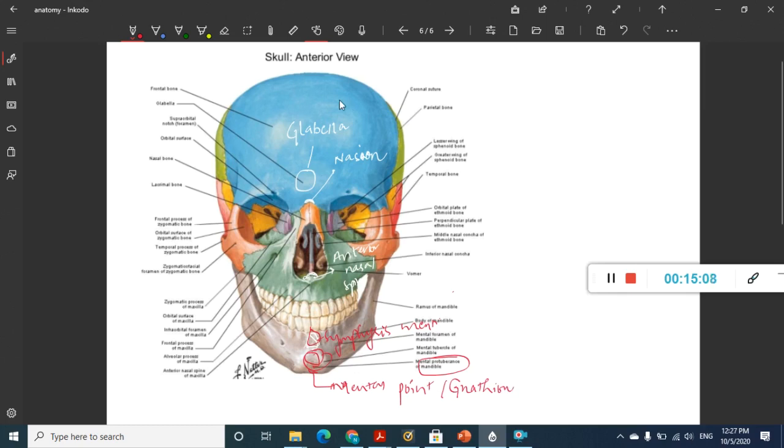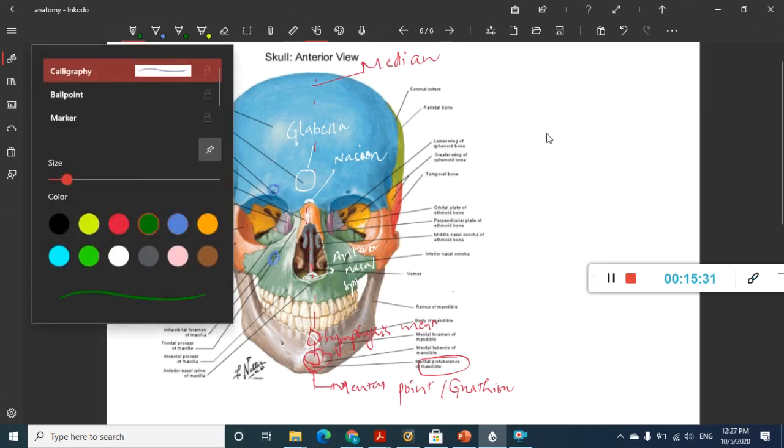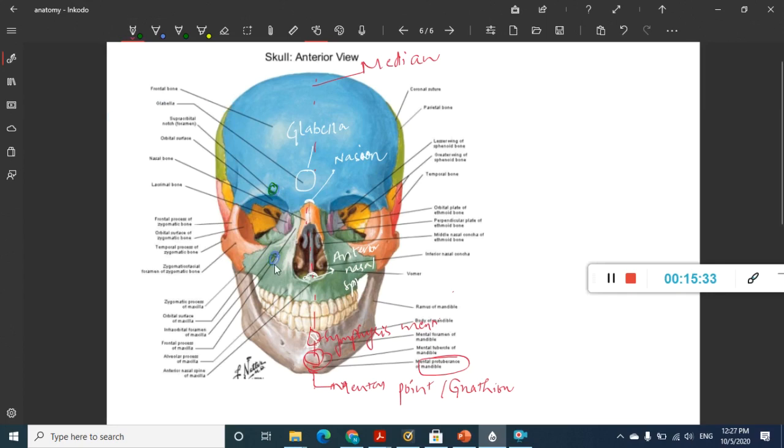All these are present exactly at the midline, so these are called the median eminences. Then, similar to the median ones, we have lateral parts also. In the lateral part you have three foramina: the superior orbital foramen, inferior orbital foramen, and mental foramen, almost in one line. These are the lateral things which are present, and you have a prominence also, which is called the frontal prominence, seen here.